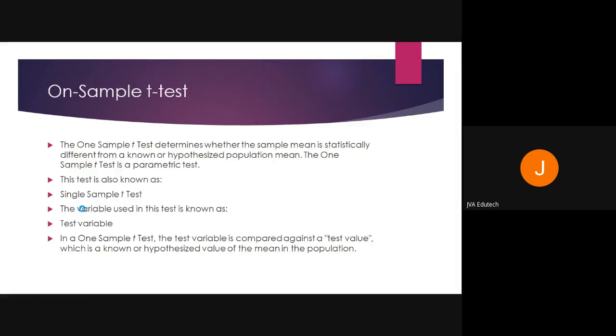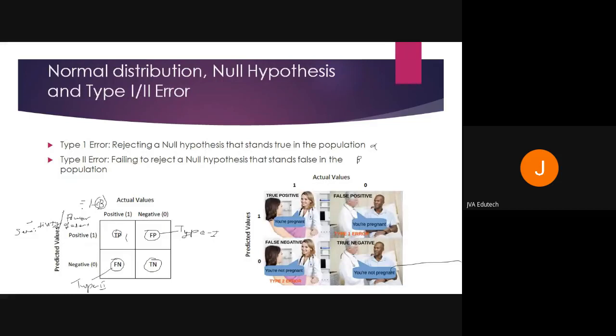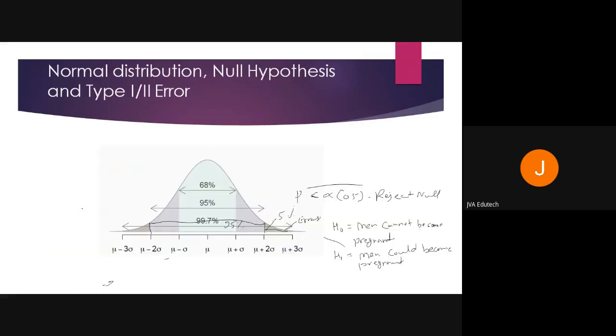Now moving on, once we are aware of how to formulate a null hypothesis, what is the basis of rejection? Because we say if p is less than 0.05 reject null, but where is this concept coming from? This concept is coming from your normal distribution, where you have a confidence interval of 95% and a significance level of 5%. So if you are saying that p is less than 0.05, it means whatever you are checking is not happening by the probability of occurrence. This p value is nothing but the probability of occurrence by chance. Means this probability of occurrence by chance is not happening.